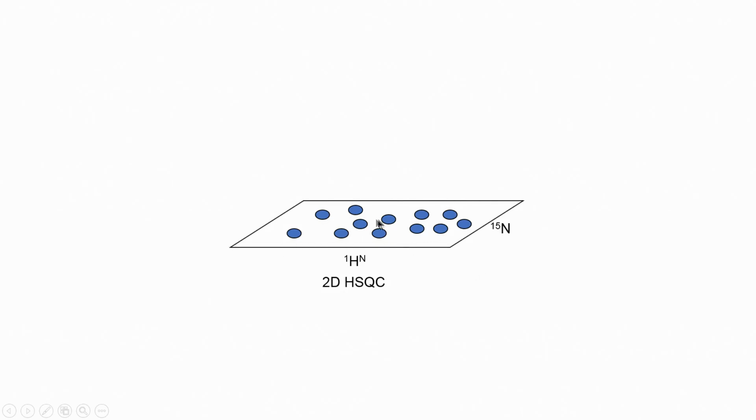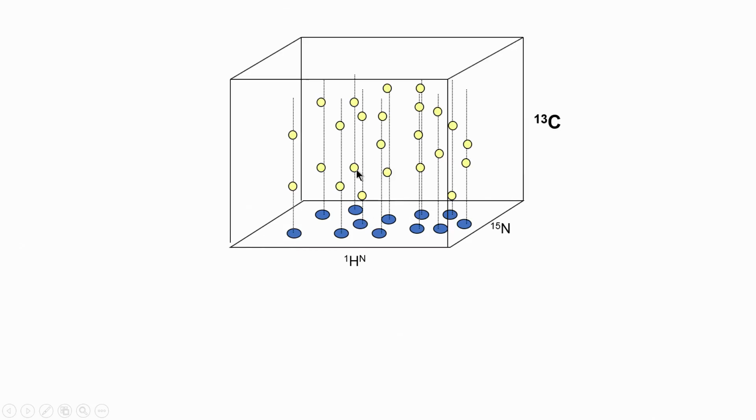So, you can see this is the basal plane projection of a 3D HNCA. So, in this what you are seeing here is a HSQC spectrum of some protein. This is a very schematic drawing, and you can see each of these peaks corresponds to one amino acid. Now, on this plane you get the 3D of HNCA, which will look something like this. Okay. So, let me write down, we are looking specifically at 3D HNCA. Now, in 3D HNCA, for every NH peak we get I and I minus 1. Again, remember, we do not know which is I minus 1.